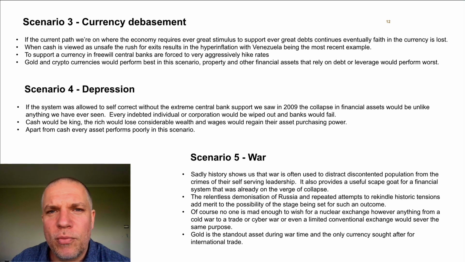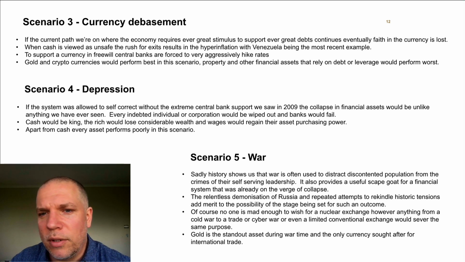And so people would realise in this scenario that, man, money's never going to pay a real yield again. They're just going to keep printing to get out of this. And I think quickly people would rush for the exits. Hyperinflation happens when people lose confidence in the currency. You can look at Venezuela or Zimbabwe or Germany after the war.